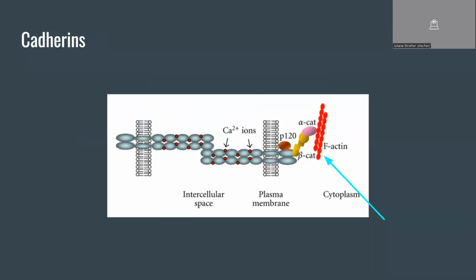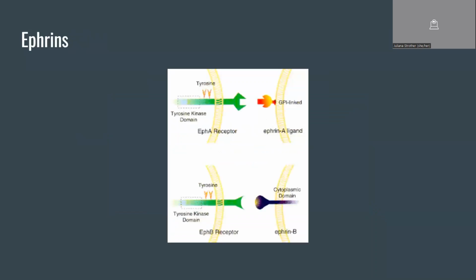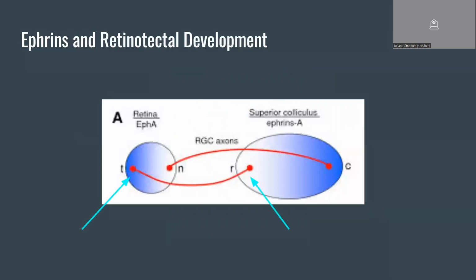Another example of cell-bound signaling is ephrins, which are repulsive signals that are heavily involved in the development of the retinotectal system. Ephrins are membrane-bound proteins that are expressed by target neurons, while ephrin receptors are expressed in the growth cone of growing axons. Temporal retinal ganglia axons, which have high ephrin receptor concentration, map to the anterior or rostral side of the superior colliculus, where the ephrin ligand is expressed at a low level on the surface of target